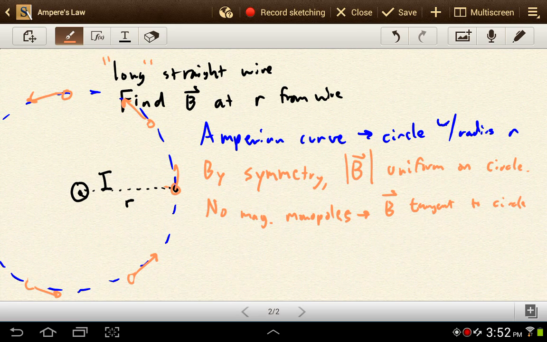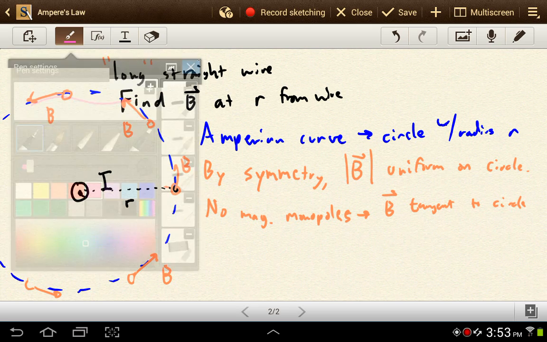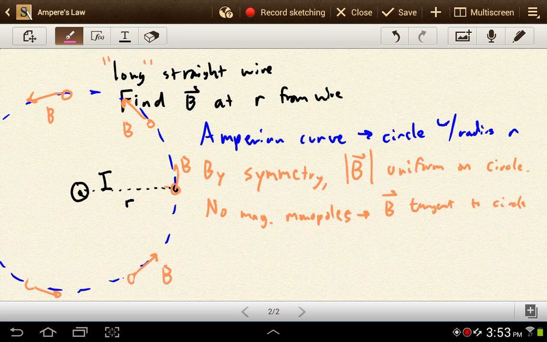Okay, so now we know that the magnetic field at any of these points has the same magnitude. It's always tangent to the circle. So let's look at what happens when we have our little delta S vector at any point on the circle, which I'm going to do in purple now. Say right here, our little delta S vector is going around the circle, and it's pointing the same direction as the B vector. If we go up to the top here, our delta S vector also points around the circle, and that means it goes in the same direction as B. So at any given point,